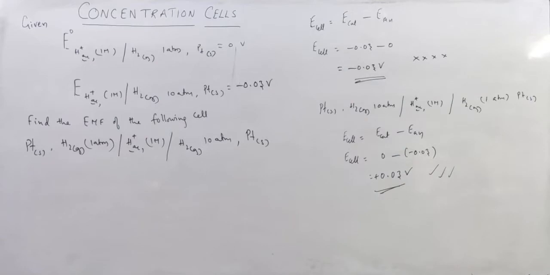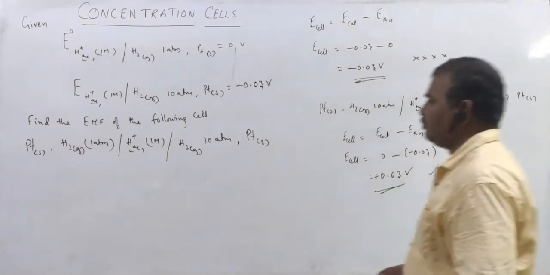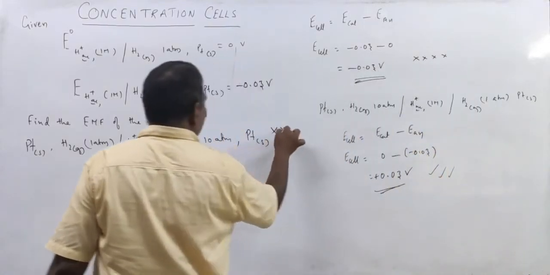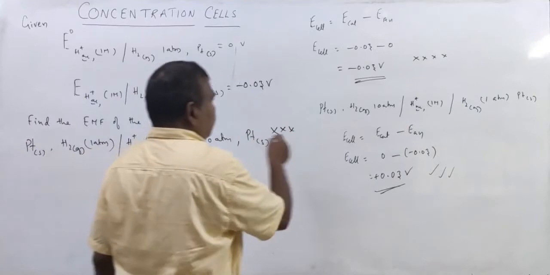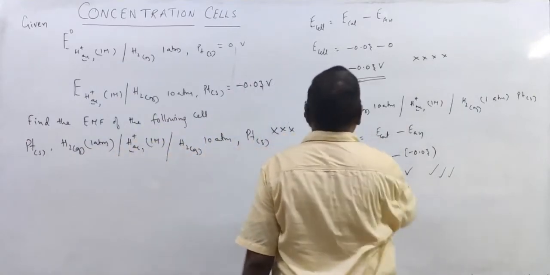So now the cell works and produces electrical energy. For any electrochemical cell, if you get the EMF of the cell as negative, then reverse it, then we will get E cell as positive, thereby the reaction is spontaneous, thereby the cell works, therefore the cell produces electrical energy. This cell does not produce, right? This cell produces electrical energy.